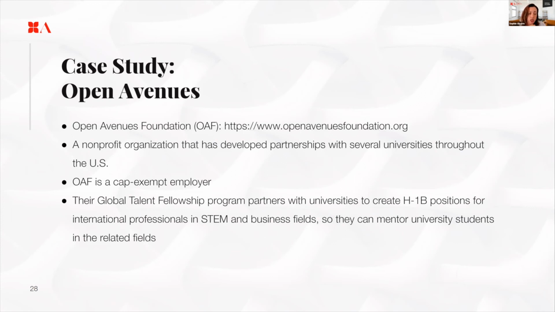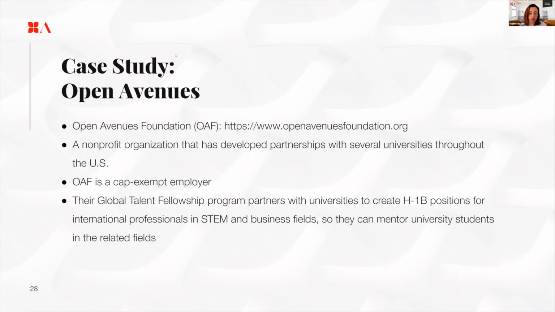There's an organization that I have the highest regard for. It's called Open Avenues, and they are a nonprofit located in Boston, and they've supported several of our clients to get H-1Bs without the lottery any time of year, specifically to work at technology companies. Their model is that they've developed partnerships with several universities across the United States. Through these affiliation agreements, they are fully vetted with USCIS that they are a Cap-exempt employer, and they have a